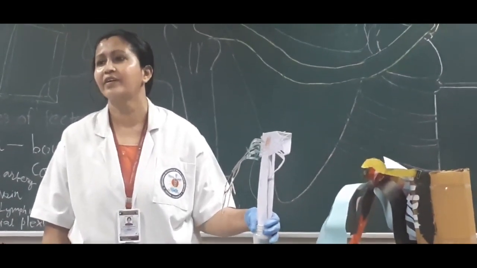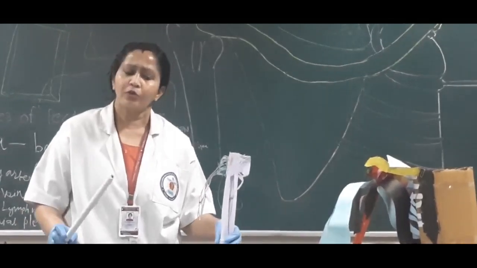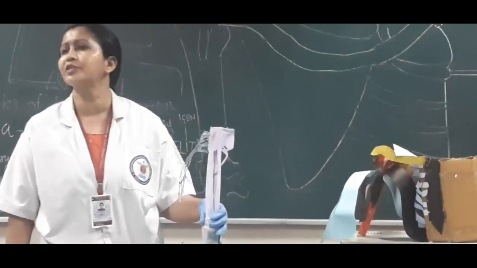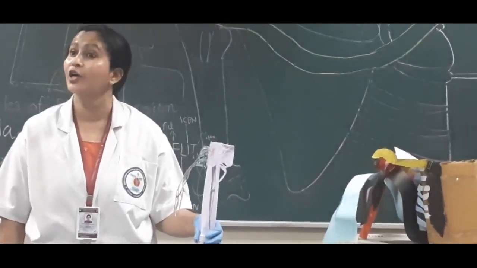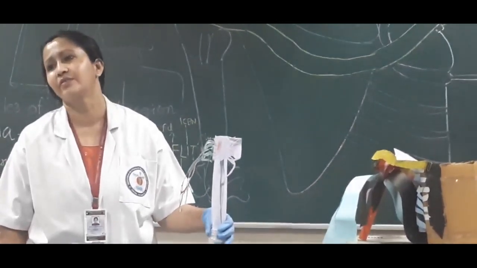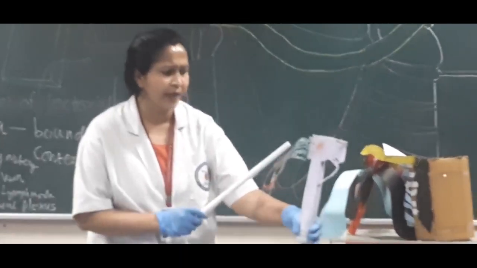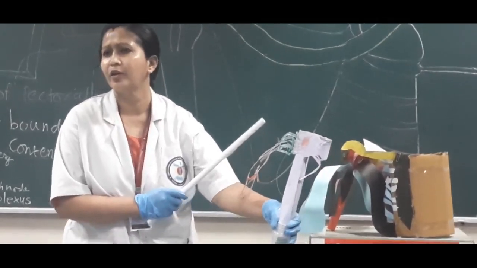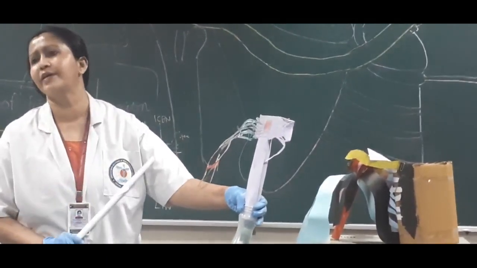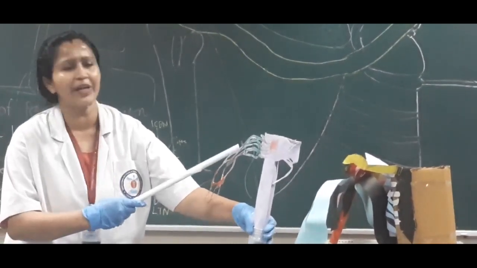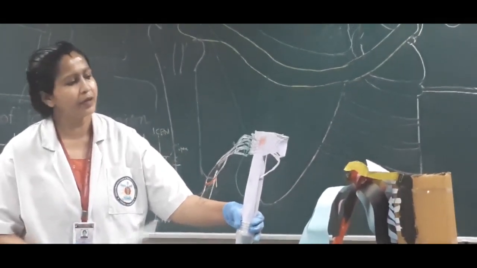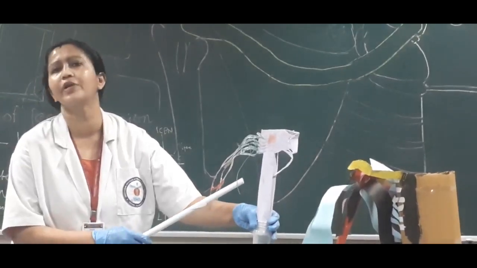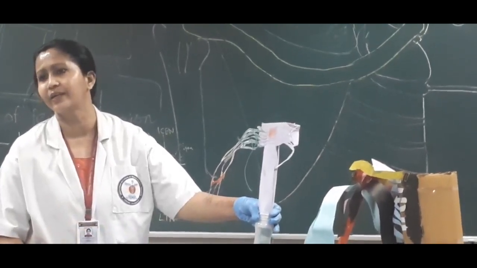Very important, often asked in the exam: which muscles are supplied by the axillary nerve? Deltoid and teres minor. Then who is going to supply the teres major muscle? It is the lower subscapular nerve. Very important. Now coming back to branches from the trunk: suprascapular going to supraspinatus and infraspinatus, nerve to subclavius going to subclavius. Branches from the roots, that is C5 to C7: the long thoracic nerve going to the serratus anterior.